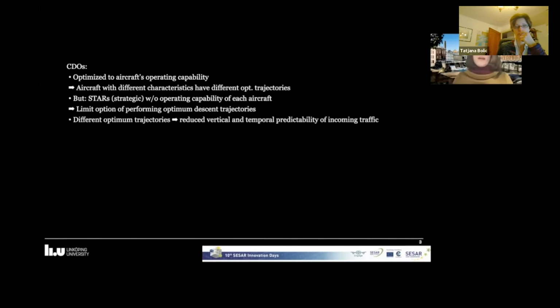The CDOs are optimized to the aircraft's operating capability, which means if we have aircraft with different characteristics, we also have different optimized trajectories. On the other hand, the STARs, the strategically published arrival routes, are done without taking the operating capability of each aircraft into account, so they severely limit the option of actually performing the optimum descent trajectories. Also, if we have different optimum trajectories, that reduces the vertical and temporal predictability of the incoming traffic,